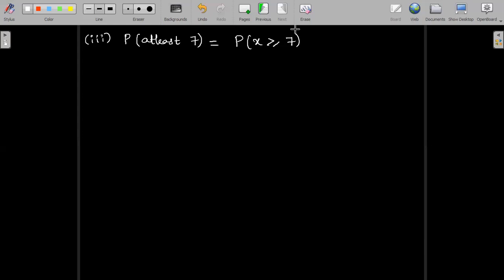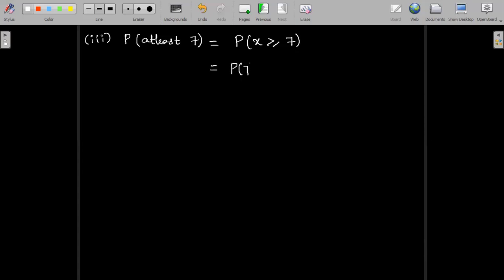Now instead of the negation part, the direct part will be easy. Greater than or equal to 7 means 7, 8, 9, 10. Probability of 7, probability of 8, probability of 9 and 10. All these have to be summed up. If you try to write down the negation, 1 minus probability of x less than 7, you have to do it from 0 to 6: 0, 1, 2, 3, 4, 5, 6. Of course, compared to that, the direct method itself will be easy instead of negating and writing it down.